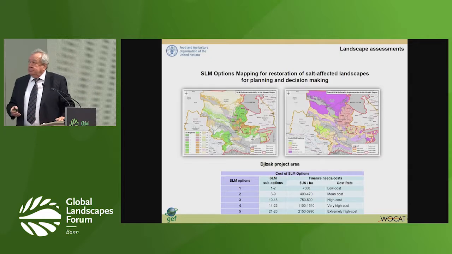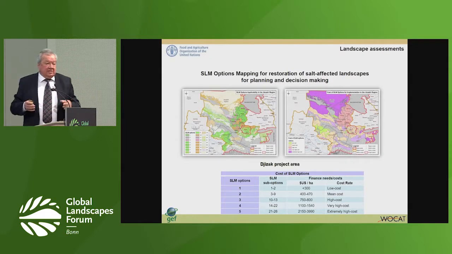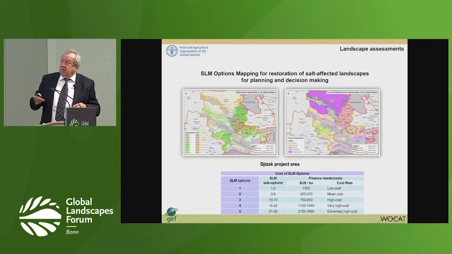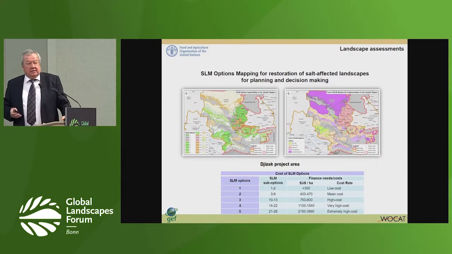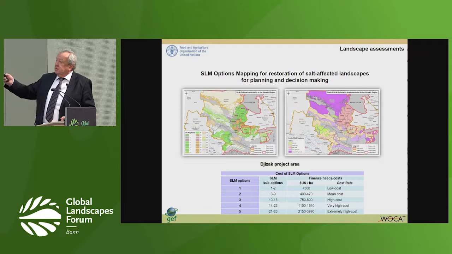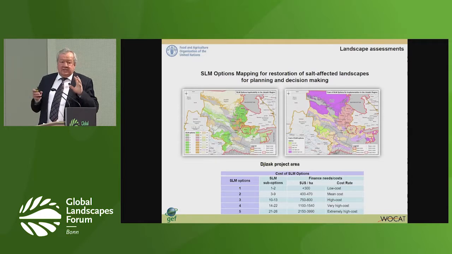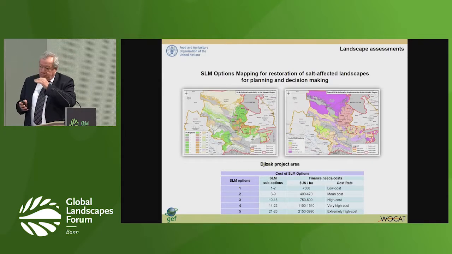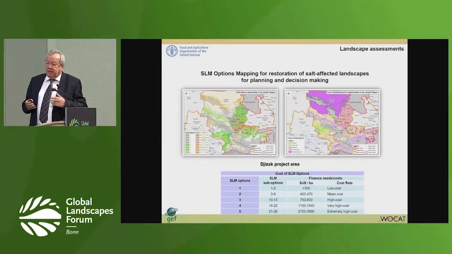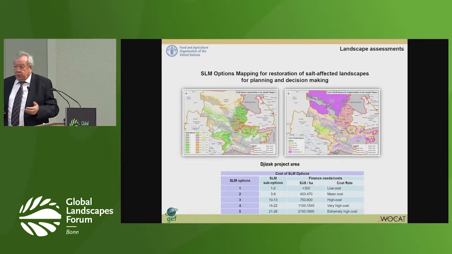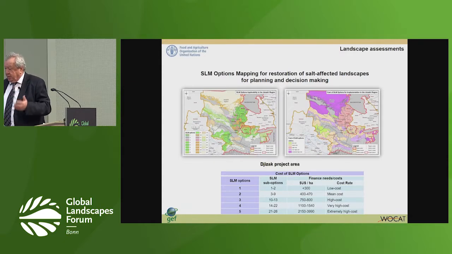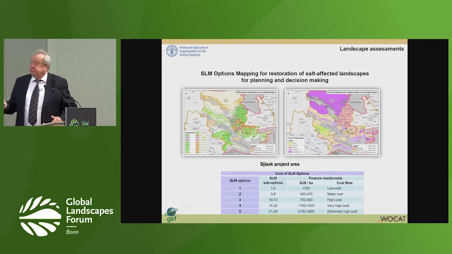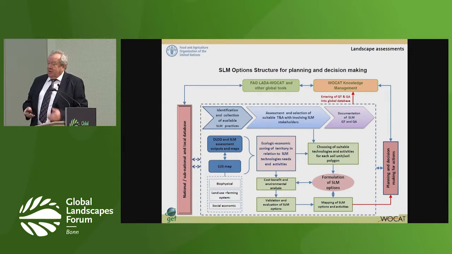And due to this, we calculated how much money is necessary to prevent this degradation, with 5 options as sustainable land management. You can see that for a light system of degradation, it's necessary to spend roughly $300 per hectare. And of course, for heavy degradation, much more money is necessary to spend, showing for decision making how much money is necessary. And due to this, as Nicole told about, we carried out the